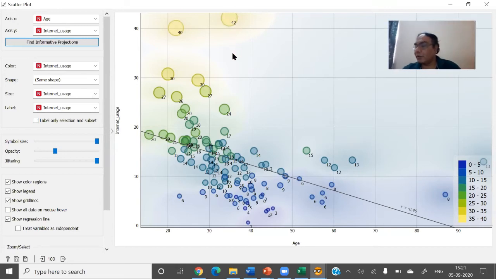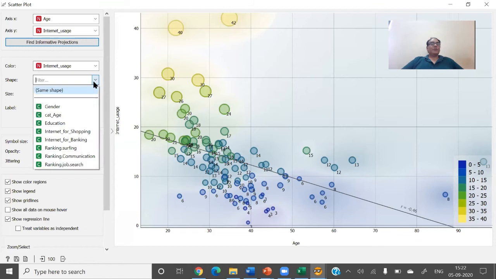We want to show that more internet usage should be represented by big circles, and less internet usage by smaller circles. And the number is also there. You can see, 6 means 6 hours in a week, and 42 means 42 hours in a week. So you can see that age is 22, and internet usage is 40. So this is the correlation chart and scatter plot showing the relationship between the two.